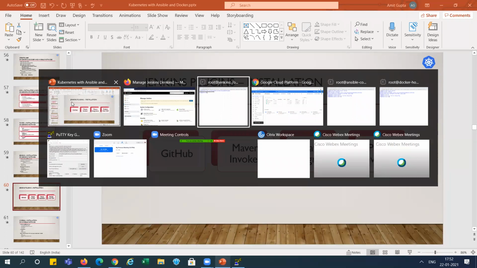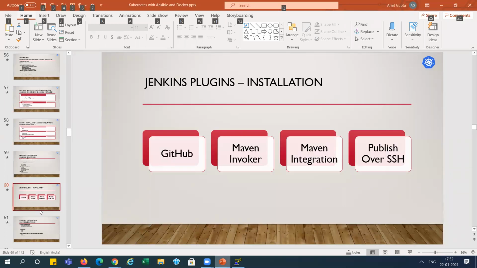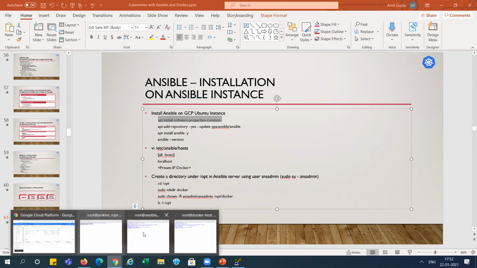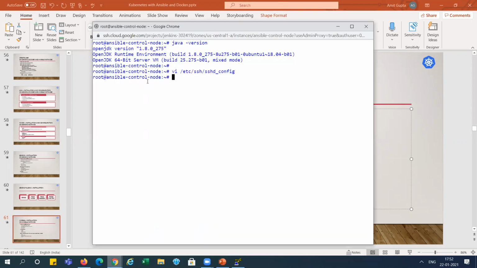Now go to the slide. What is the next step? Next step you can see here, Ansible installation on Ansible server. So we will open that Ansible system here. This is our Ansible control node.